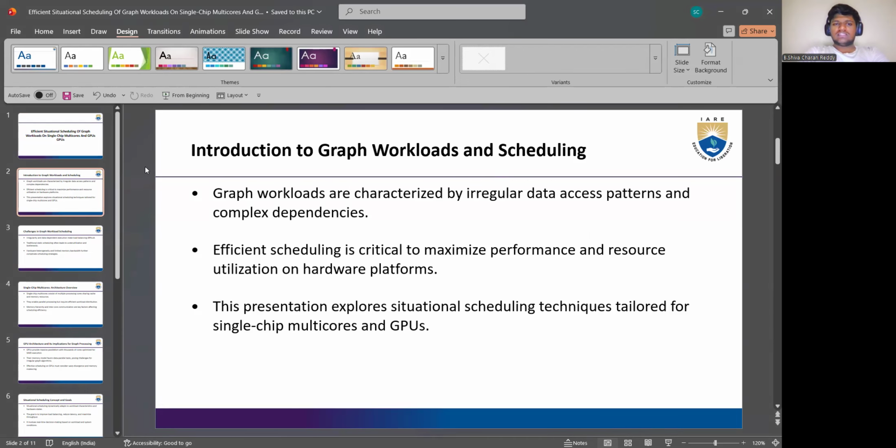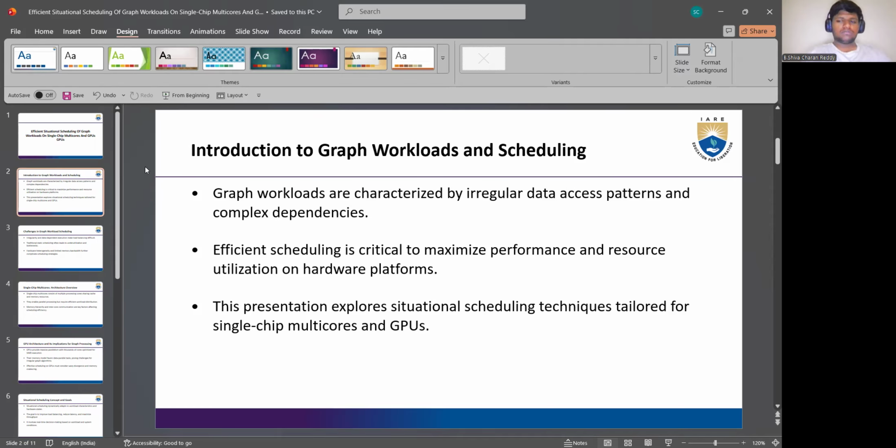So these graph workloads are characterized by irregular access patterns, and there are also complex dependencies. Efficient scheduling and resource utilization are both critical to maximize performance on these hardware platforms. In this presentation, we also explore how the scheduling techniques are tailored for single core